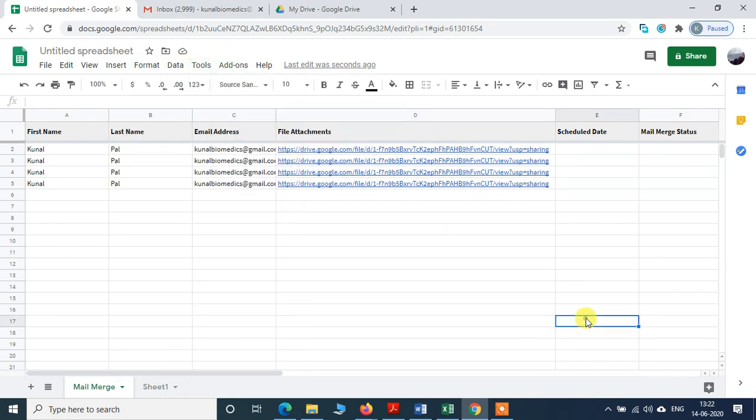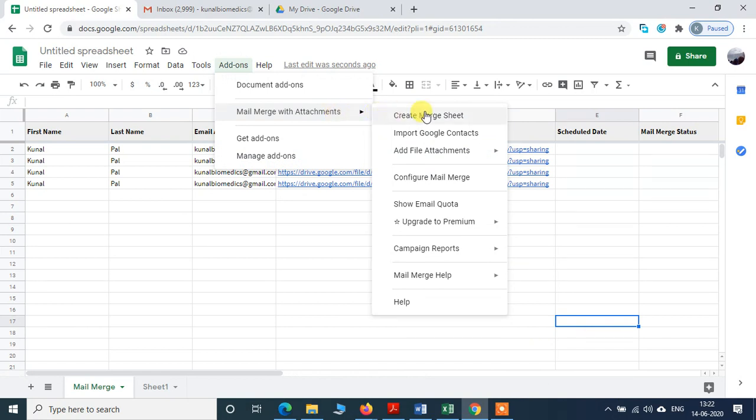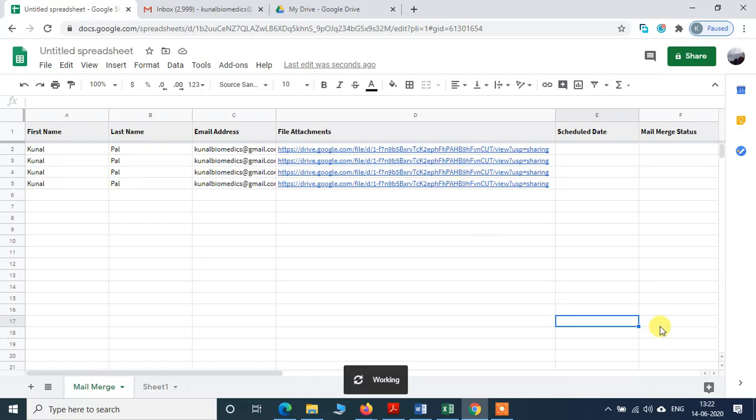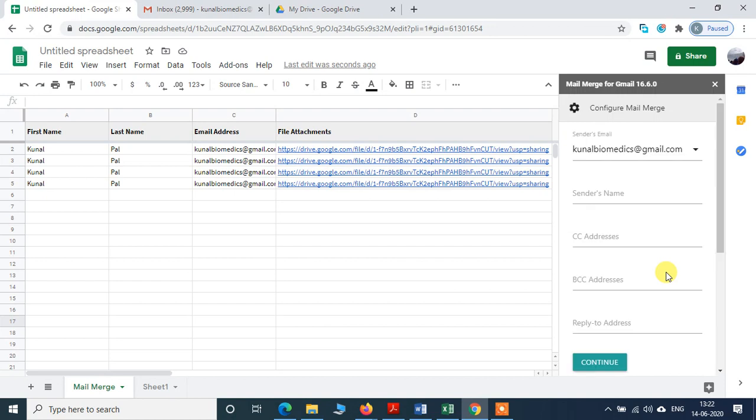Tools, this mail merge, then configure mail merge. So sender's email ID, sender's name, Kunal Pal.